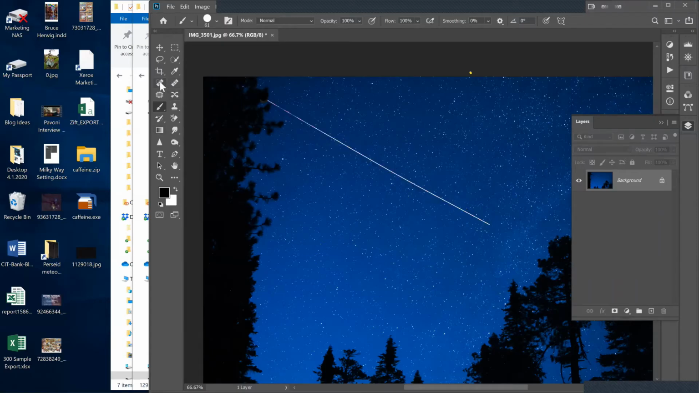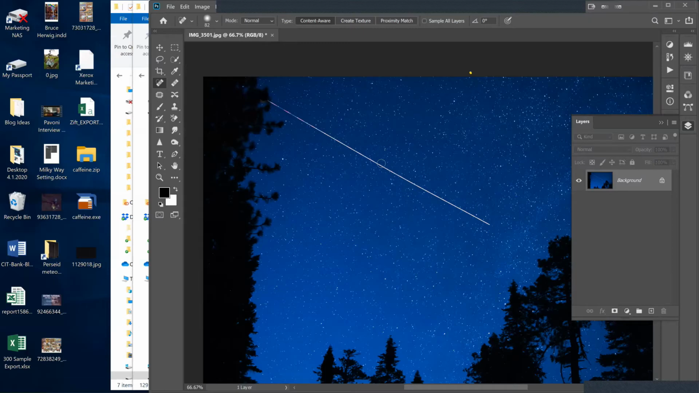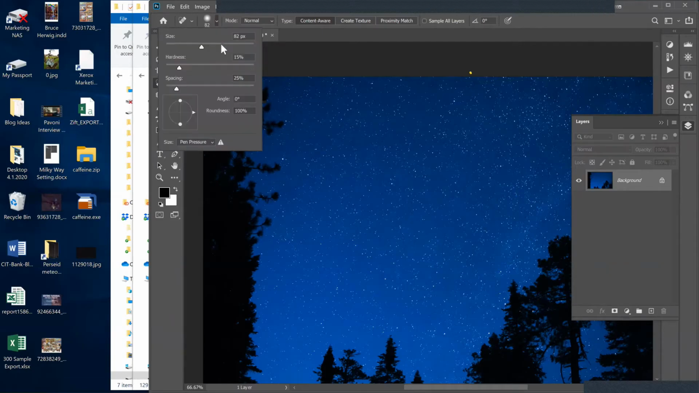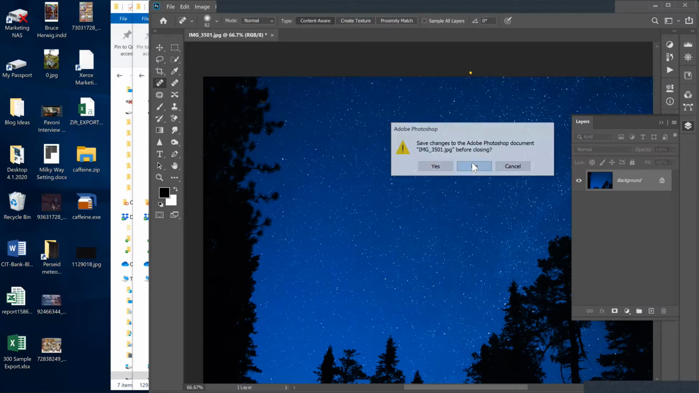The other way is to use the heal brush. And that one gives you a little bit cleaner view, and that will clean it up. Now the problem with the heal brush is it's taking the stars that are around it and kind of pushing them back into place. So you don't want to use a real thick brush. You want to make it as thin as possible to make sure that you're cleaning up those star trail images. And so when you have those saved,